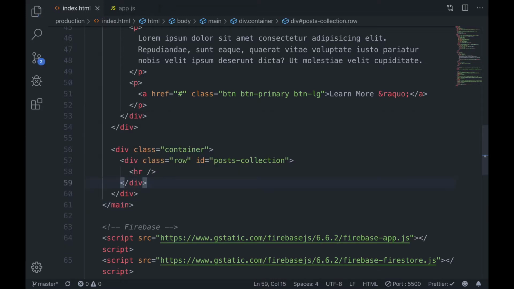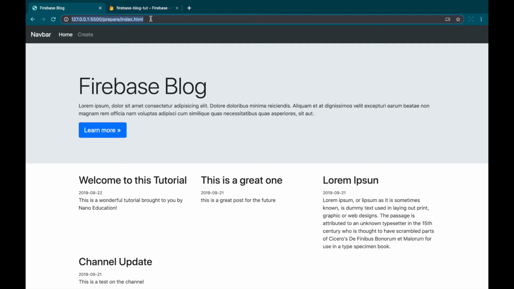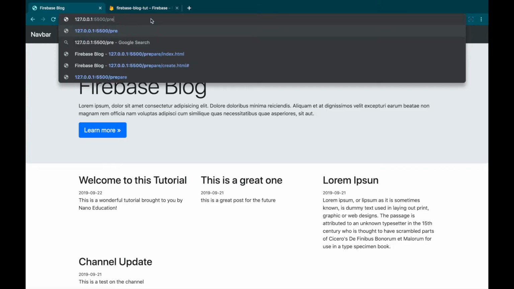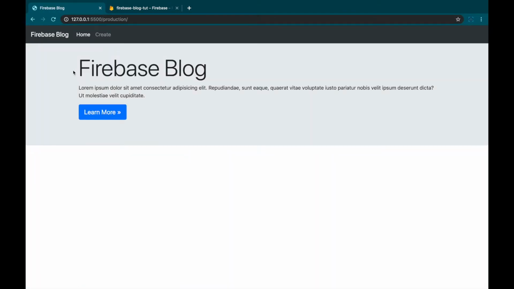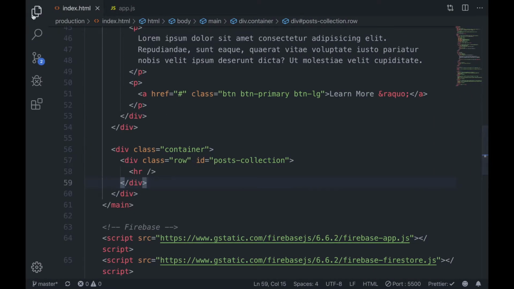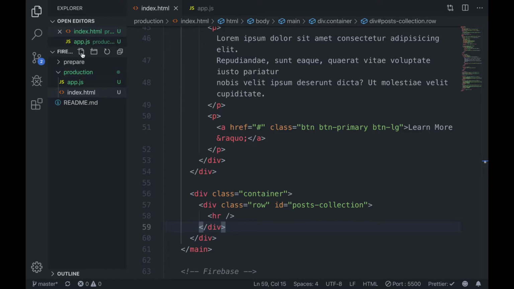So now we can go ahead and head back to our browser. And if you have a live server extension, you can go ahead and head over to it. So I'm going to head over to production, and boom. Here is our Firebase blog, basically. This is the markup so far. I know that there's no post inside of here, but to fix that,